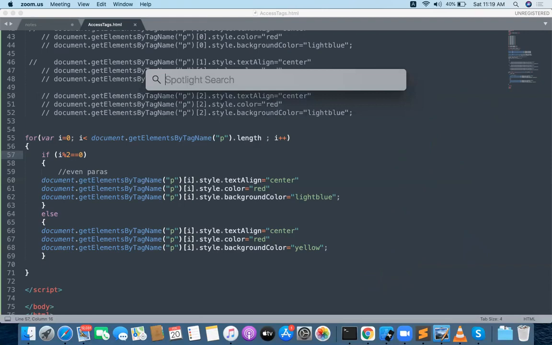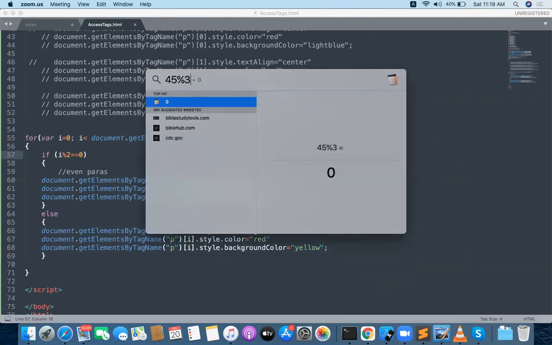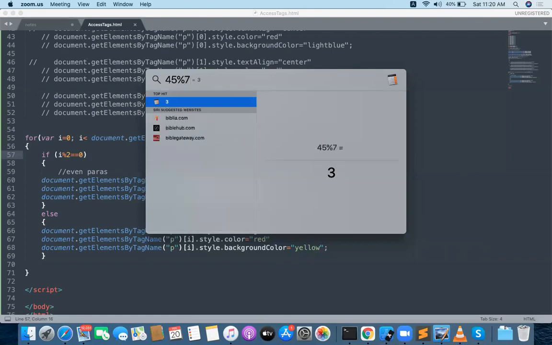Okay, so 45 % 3. 0. Yeah, 3 15s are 45, right? 8 5s are 40, right?